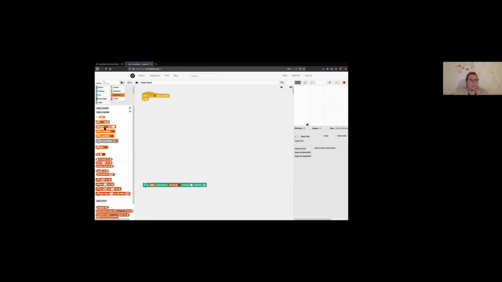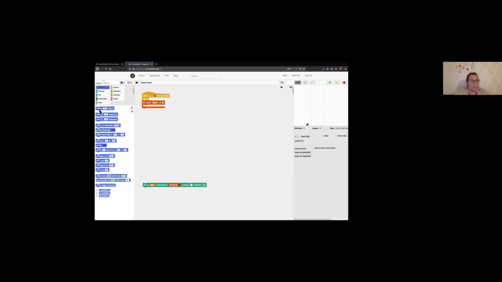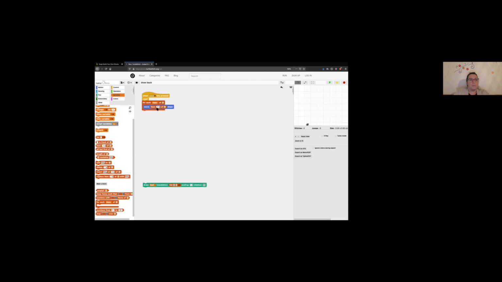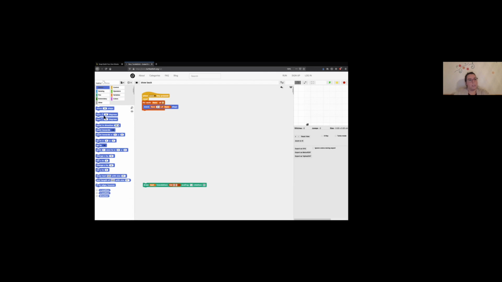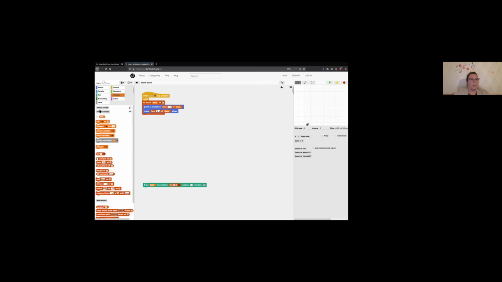So for each item in our list, we want to point in the direction of that item, and then move the number of steps that we have. So let's try that. Move the number of steps, which is the second item of each item. We first want to point in direction, which is the first item of each item. Point in direction item 1 of item, and we want to do that from our list, and the list is, I think, the test.